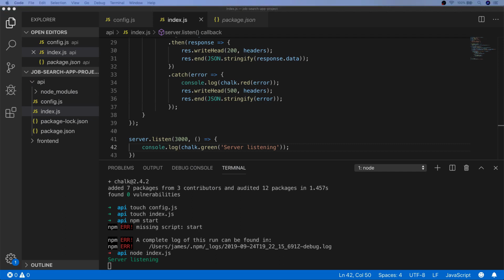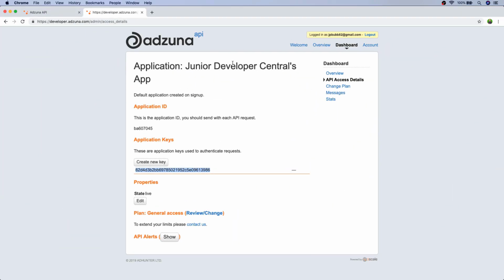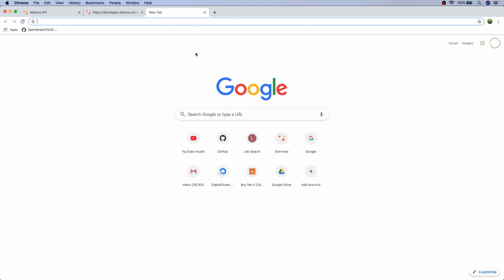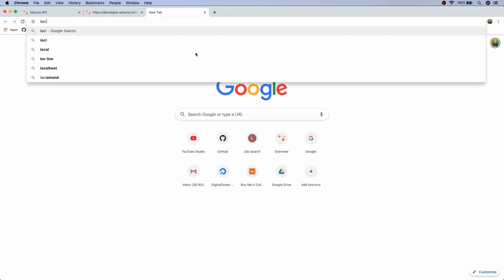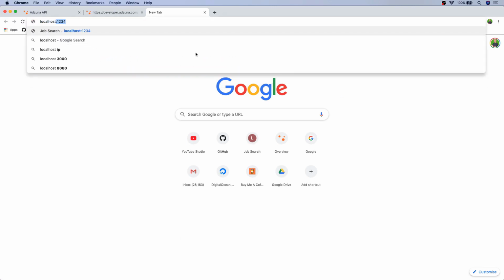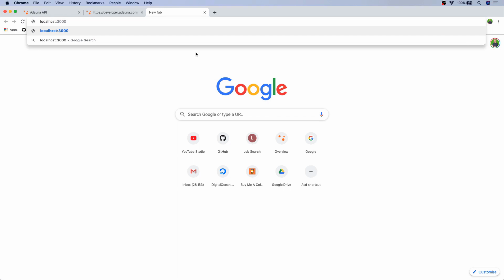Actually, we could probably test it in the browser because we're just sending a GET request. So let's pull up a browser window. And if we go to localhost:3000, and then pass in a search parameter, and we'll just say PHP, and the location is London. If we hit enter now,